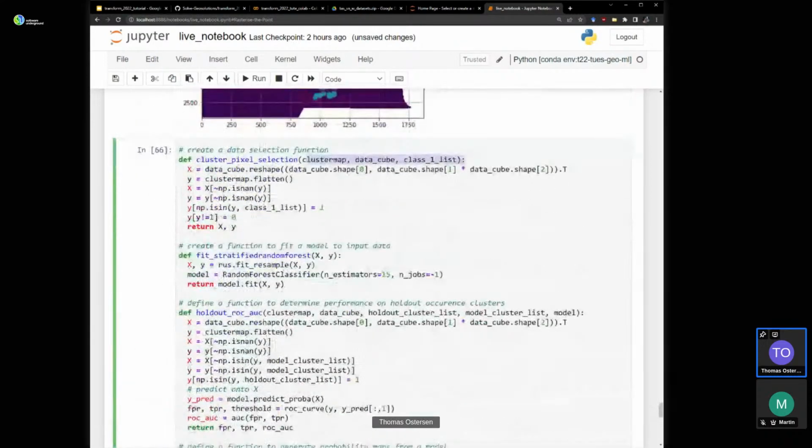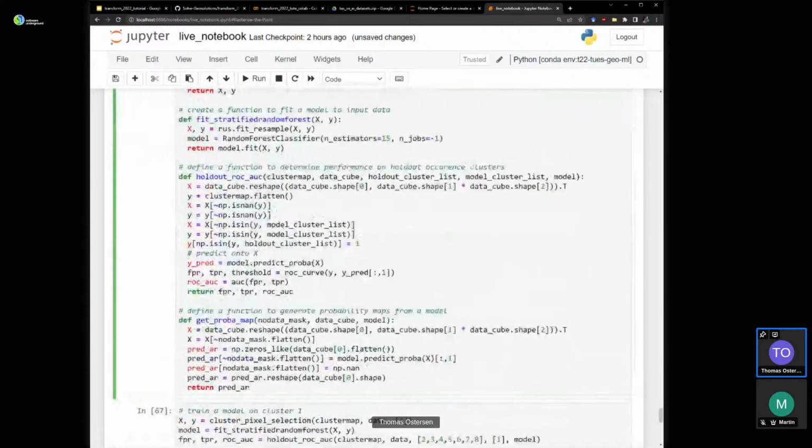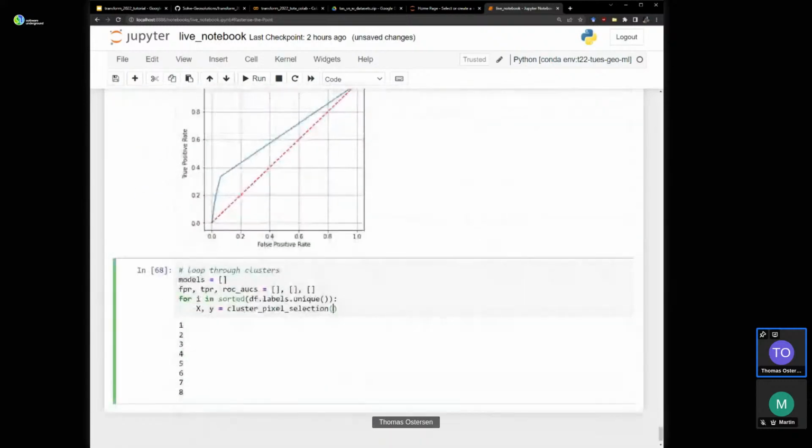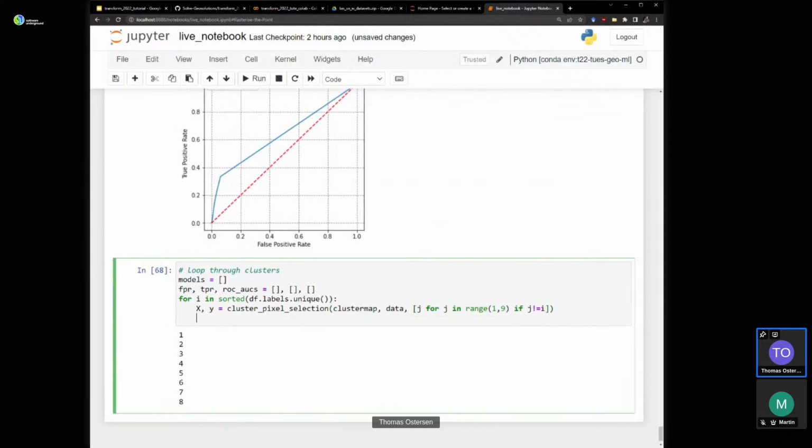It takes the cluster map, the data cube, cluster map data, and the modeling classes. That is all the classes except the one we're currently looping through. So that's just j for j in range 1 to 9, if j is not equal to i. That just gives us a list of modeling clusters to use.